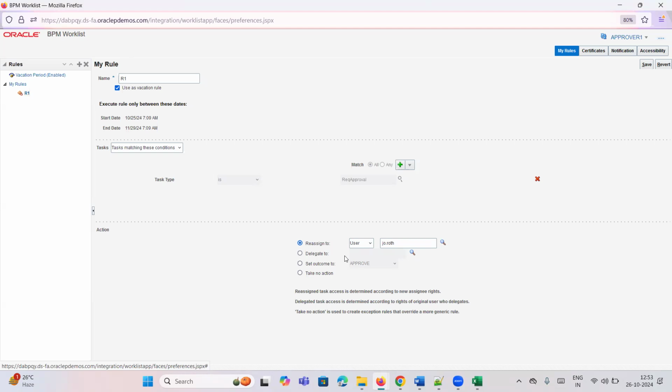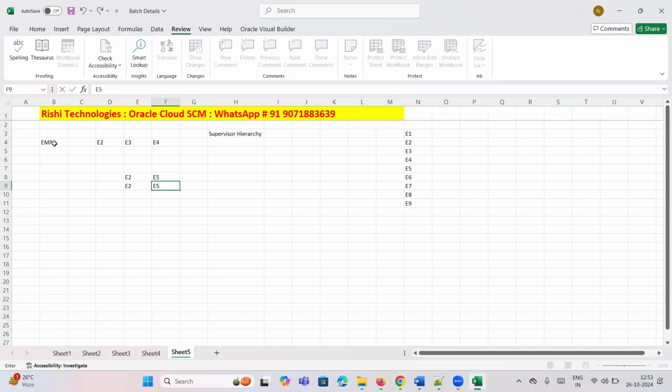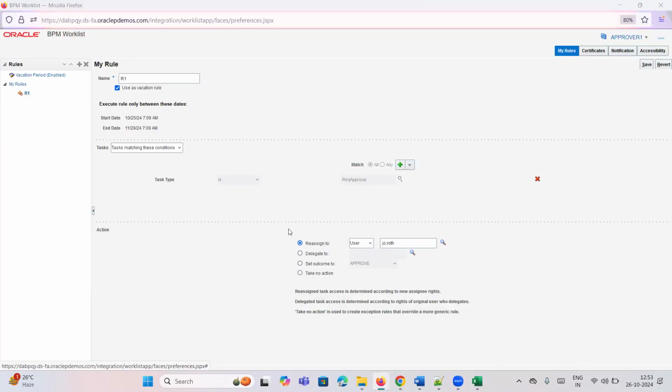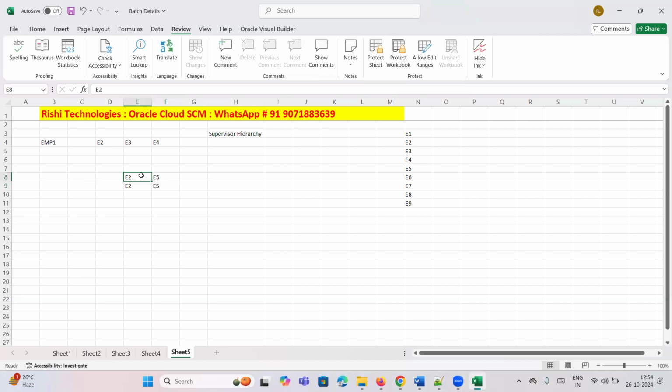So once employee one creates the requisition, and employee two has created a vacation rule using the reassign option, employee two won't receive any notification. Why? Because the notification is being reassigned to employee five,